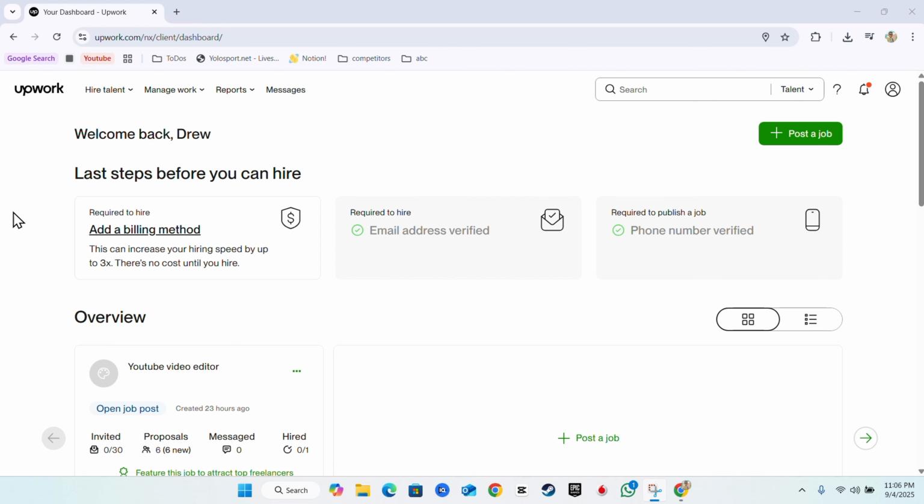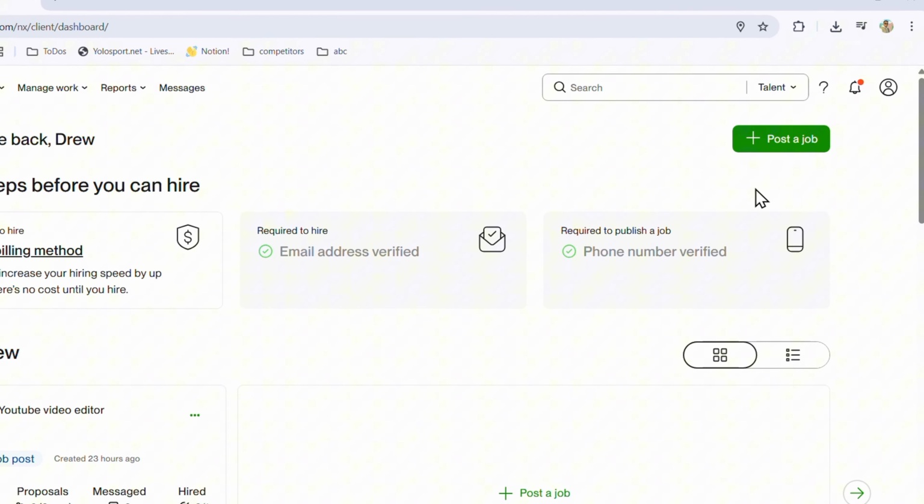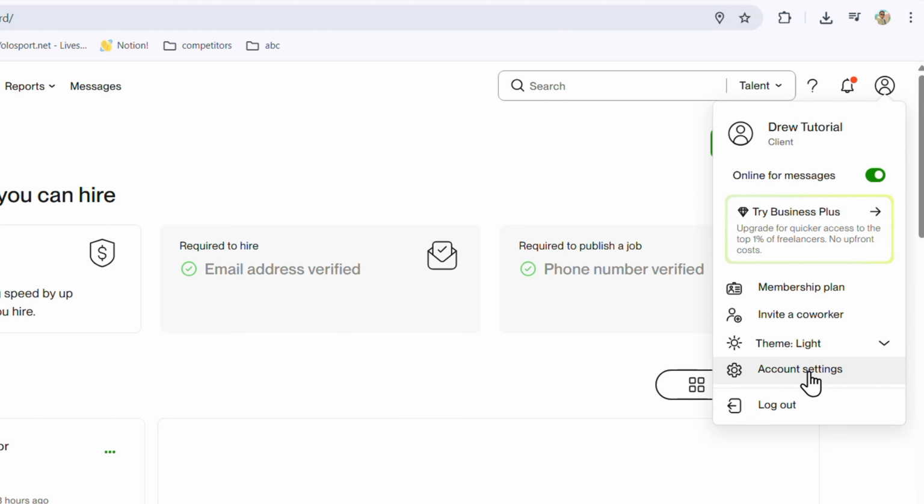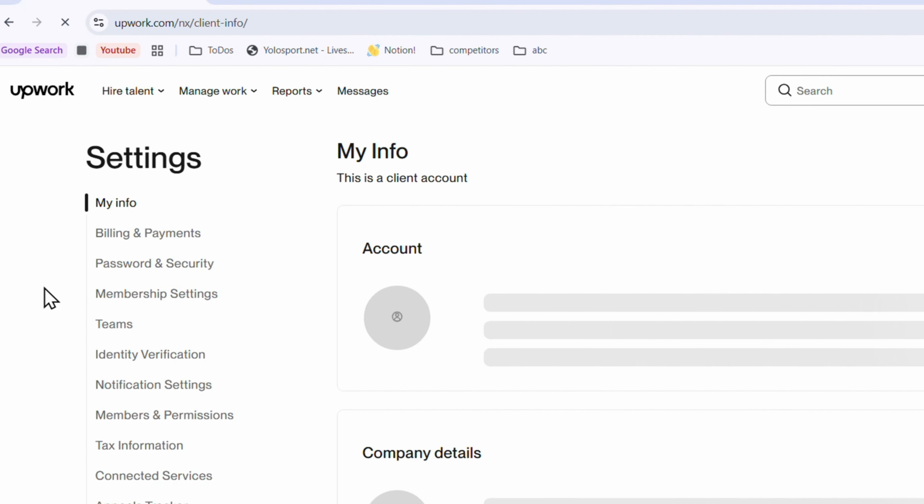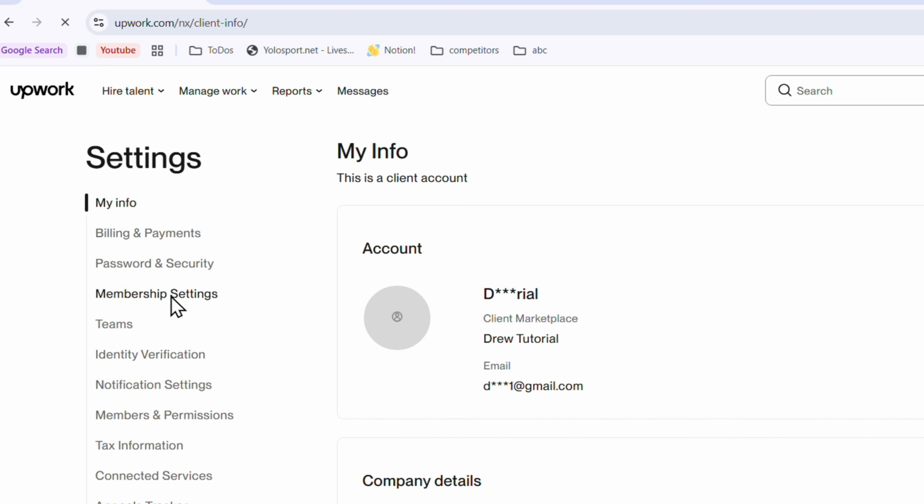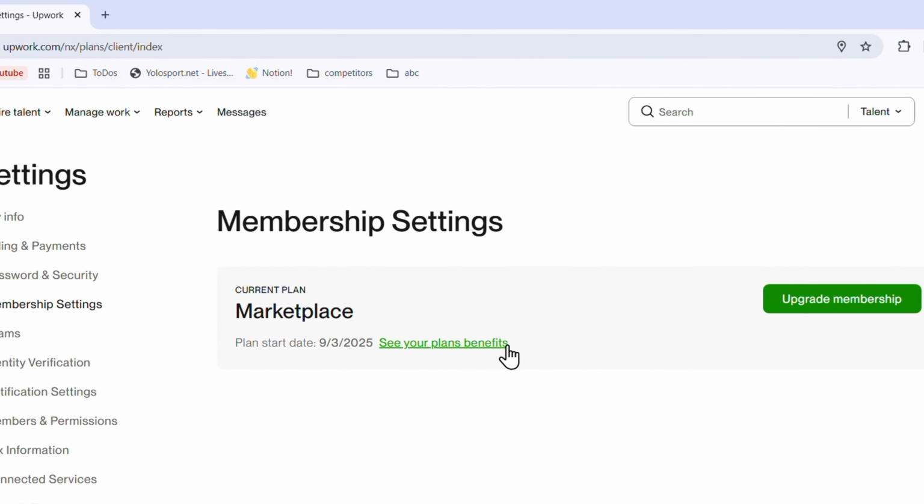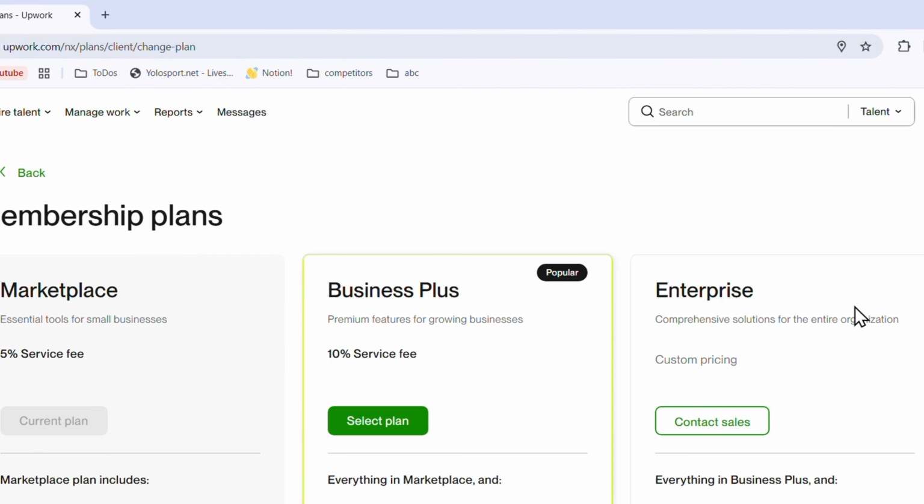And in this video, I'm going to show you how to upgrade your Upwork account. To do this is pretty easy. Click your account on the upper right hand side and go down to the account settings. And under this section, you want to click on membership settings on the left hand side. Here you will see it shows your current plan, and to upgrade, just simply click upgrade membership, and you can